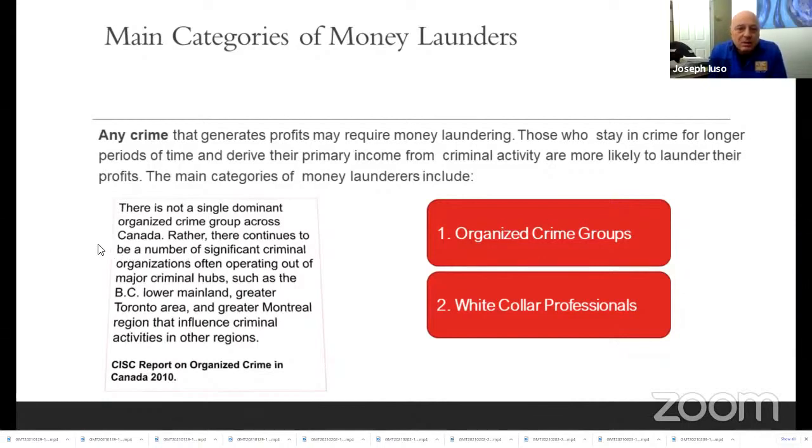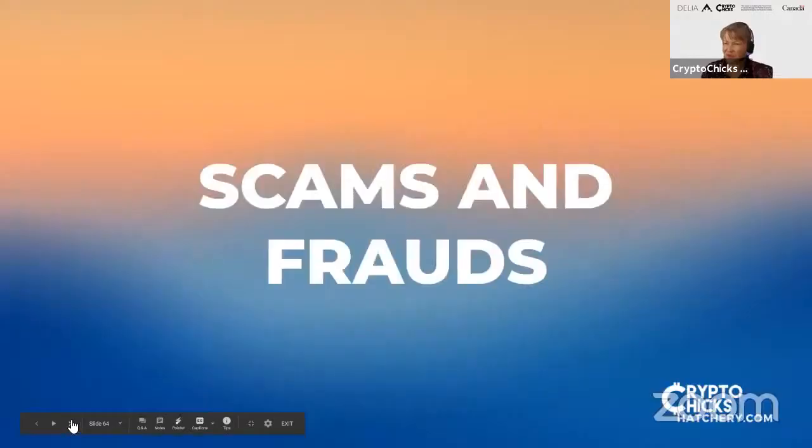The first one is really the organized crime, and I'll talk about that in a second, but the second one is the professional white collar professionals. And I hate white collar because we're all supposed to be very sensitive these days. But the professionals, the accountants, the lawyers, the real estate, the trade based financing, anywhere basically somebody can facilitate those three stages of money laundering.